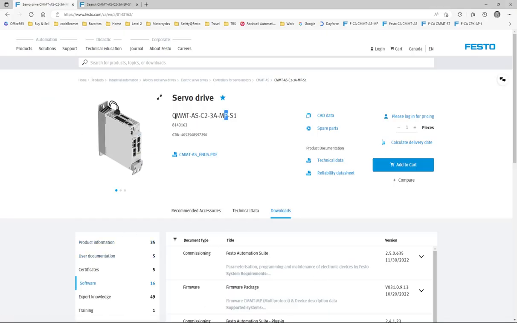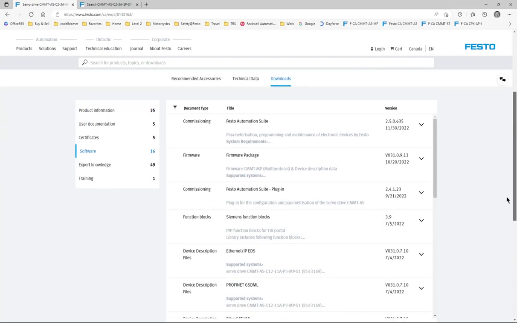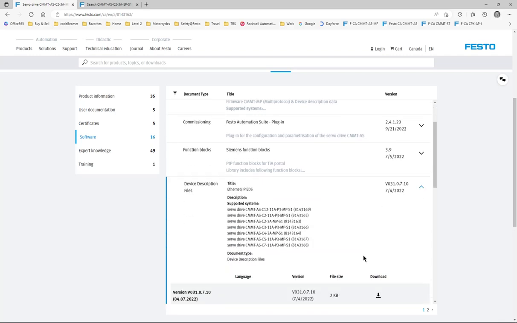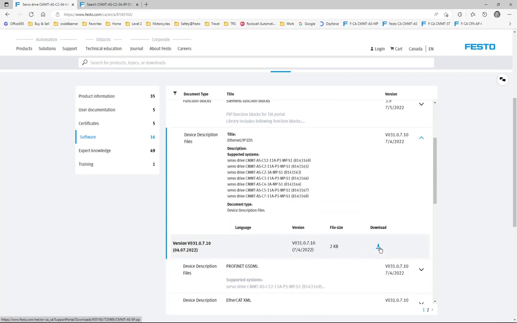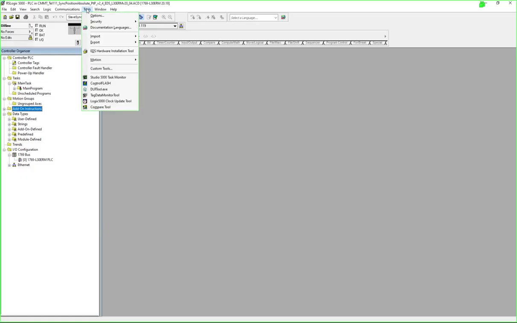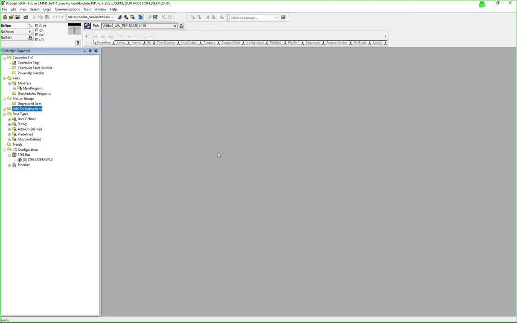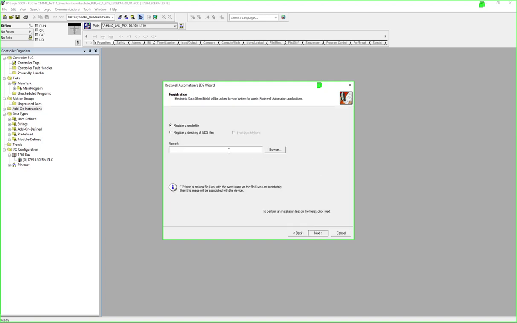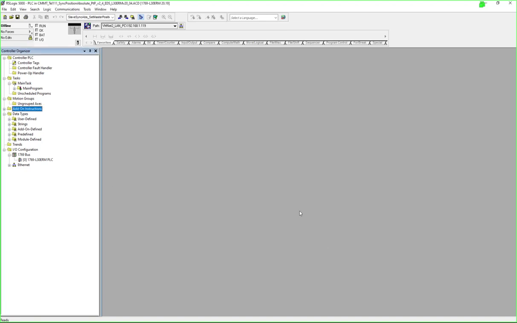When we type in our drive and we go to downloads, go to software on the left, then we'll realize here that we can find the EthIP EDS files. Okay, so you can click on this, it tells you what controllers it's valid for, and then you download the EDS file. When you have downloaded it, then you can do the EDS installation tool, and then follow the prompts, install the EDS file, next, register. Then you pick the file and so forth. Then it adds to the database. I'm going to cancel that,